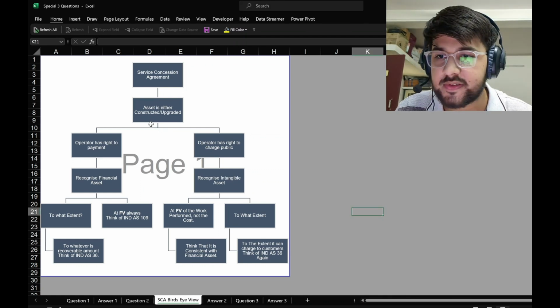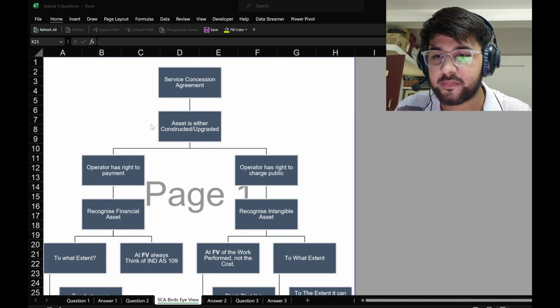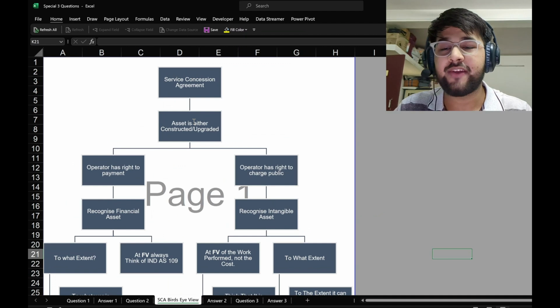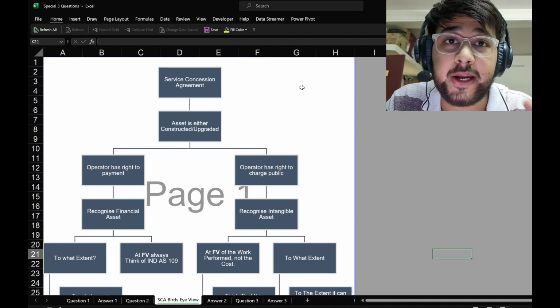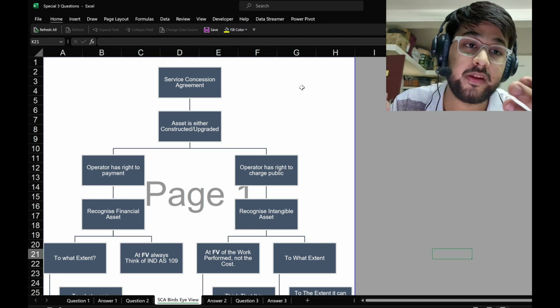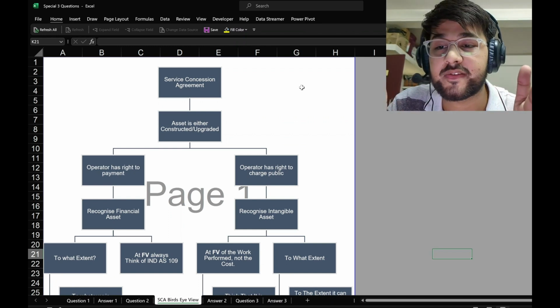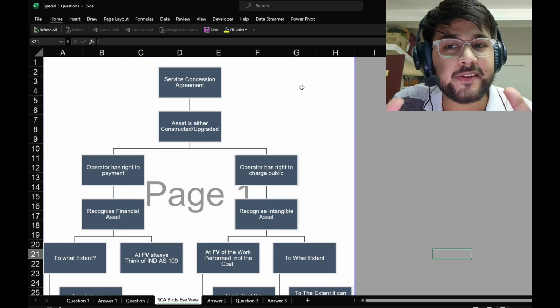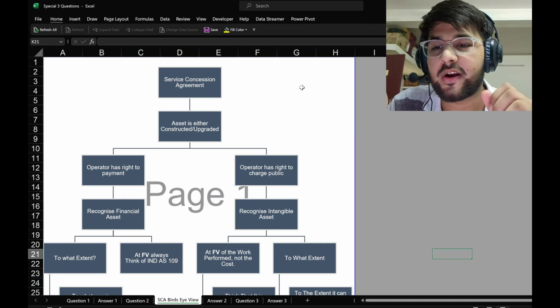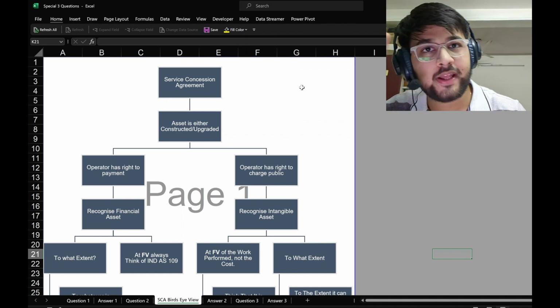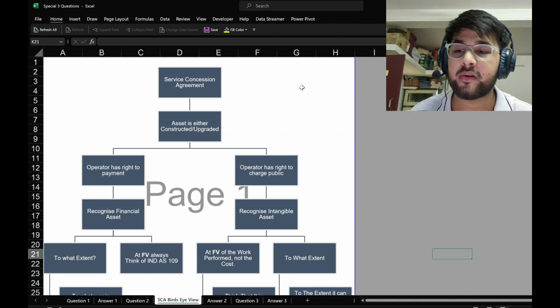Let me check if this is clear. Yes. So the service concession agreement, if it consists of an asset either being constructed or upgraded, not being maintained, if there is a question of maintenance in the service concession agreement, it would not be considered under this criteria of upgradation or construction. So if the operator has a right to receive payment from the grantor, then we can recognize